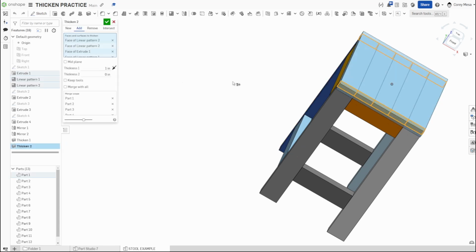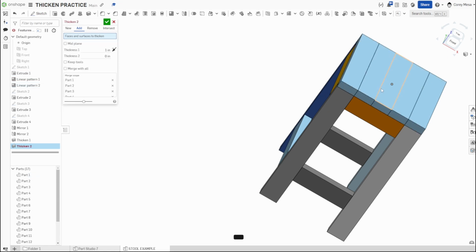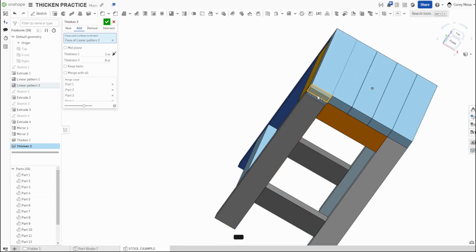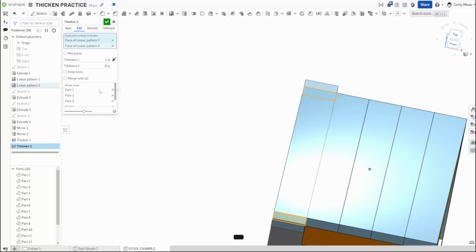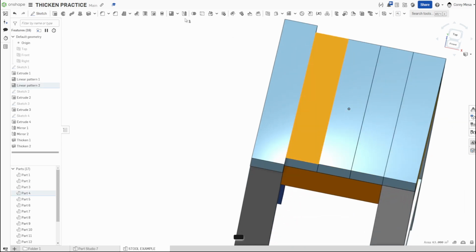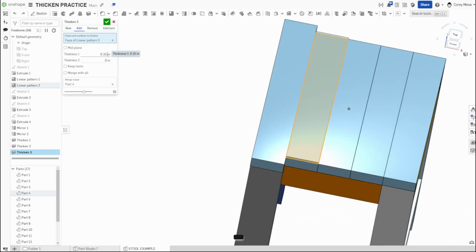So as you're doing it, go along and try one piece at a time. Let's get rid of the merge scope. This is going to merge with that. We'll say okay. And I would go along and thicken each one of my pieces as I go. So we're going to add an inch on that side,